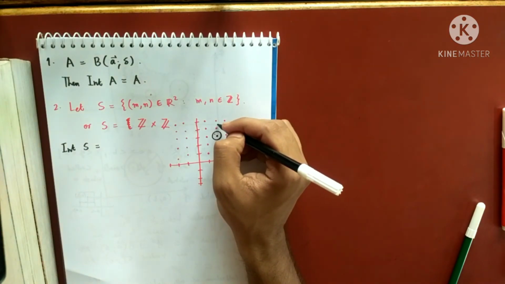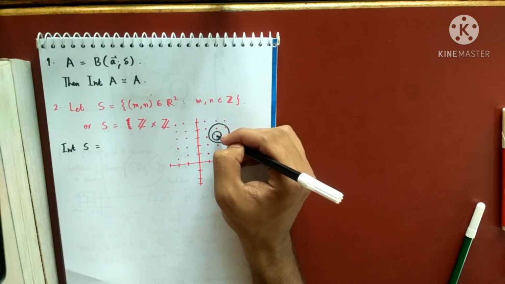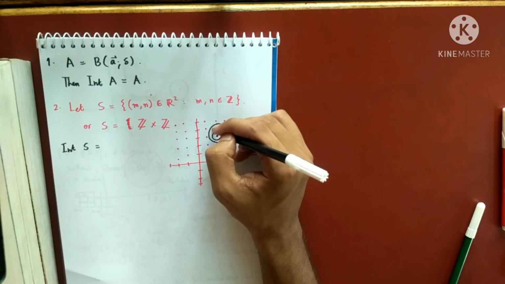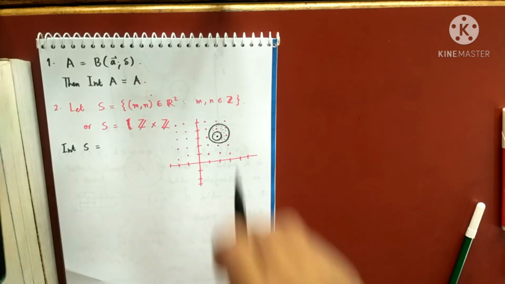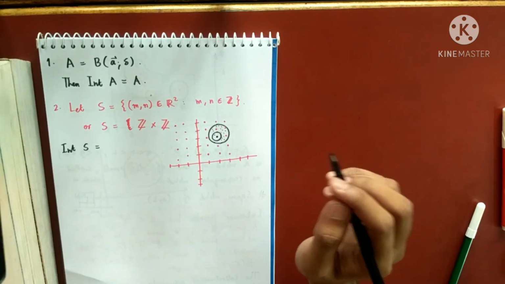Even if we take a bigger one, I'm taking this open ball around this point. You see there are many points whose coordinates are not integers, and then that cannot be totally inside S. I need that whole thing to be inside S. But I will never find that. Whatever open ball you choose will have some non-integer coordinates, and hence those will not lie inside S. Did you get my point? What am I trying to say?